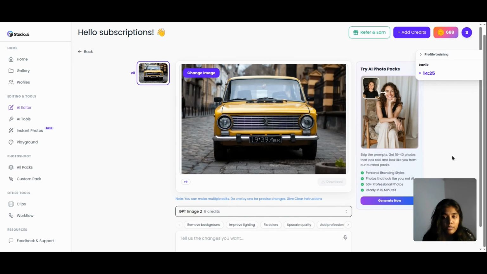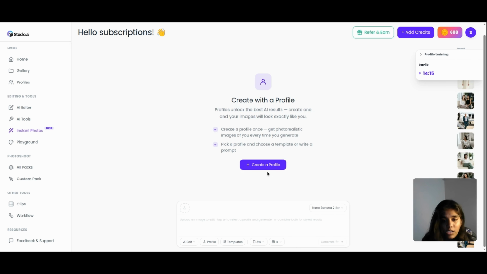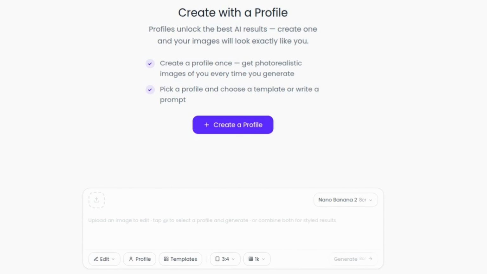So we can wait till our profile training is done. And the same process you can do from the sidebar also. You can click on the instant photo, create your profile. By the way, if you already have a profile, you can just click and select any profile and start